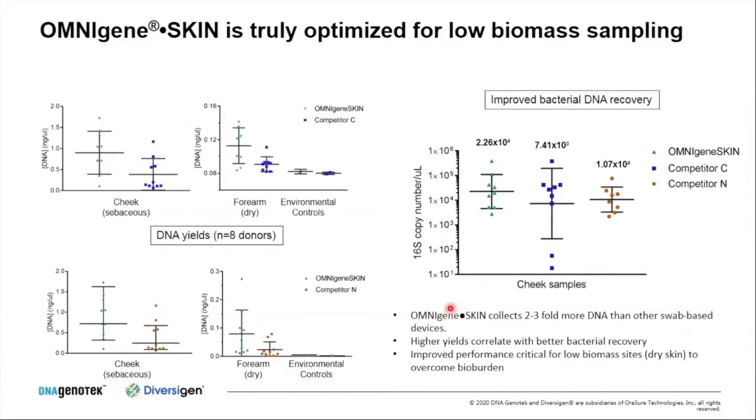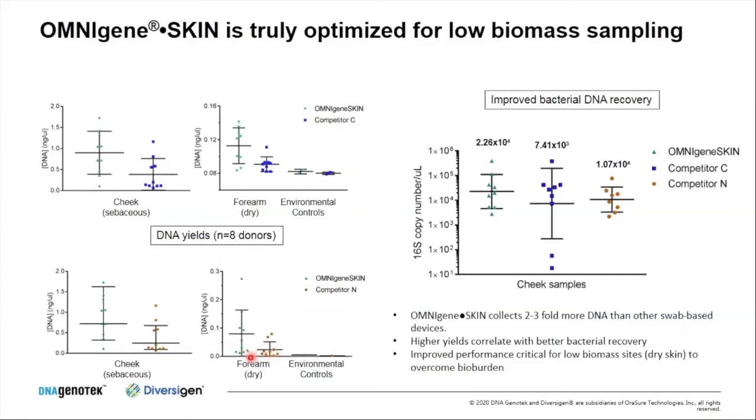So one of the things that we also wanted to do was to compare OMNIgene SKIN performance to other swab-based skin collection devices. And we did that by collecting a cheek or forearm sample in OMNIgene SKIN or devices from competitor C or competitor N. We did that for 8 donors. And as you can see, when we collected cheek samples or forearm samples into OMNIgene SKIN, we consistently saw 2 to 3-fold more DNA that was recovered during the extraction than with a